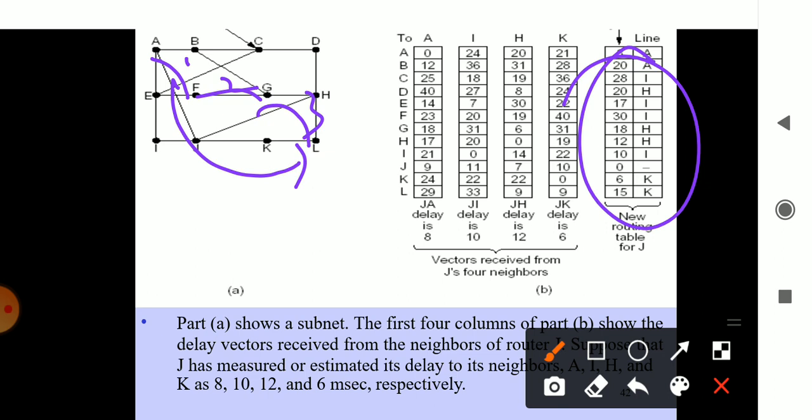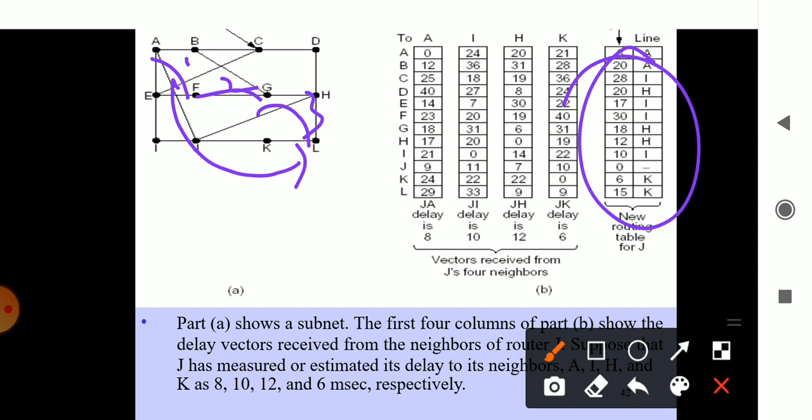Like this, multiple aspects are there in distance vector, so it will calculate the distance according to the number of hops, and according to the delays considered in the table. Okay, so this is your distance vector. Remember, it is also called Bellman-Ford, or also Ford-Fulkerson algorithm. It is based on maintenance of a table for each and every aspect, where information travels with the help of the table only. It maintains a table, gets the information from that table, and makes the data travel to the other end. Okay, so this is distance vector.